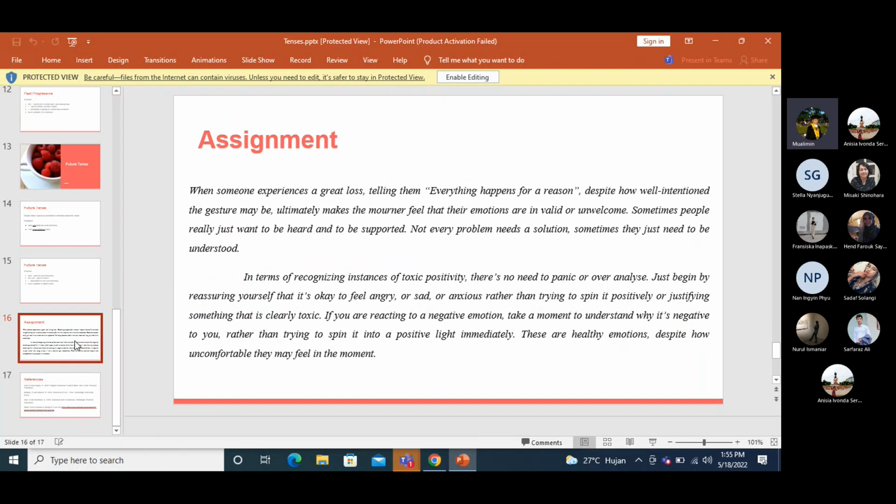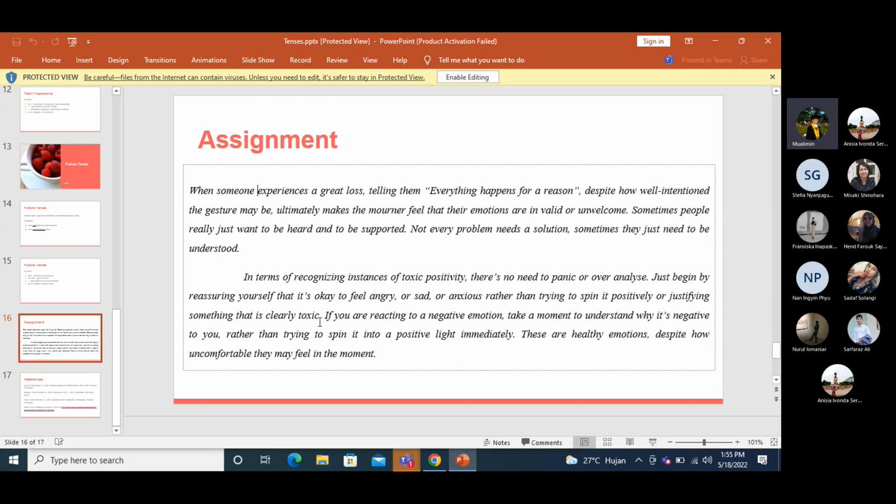So of course, you may also take the same passage, and let's say you put this into the infinitive form, and then you should ask them to rewrite the sentences in the right tense.